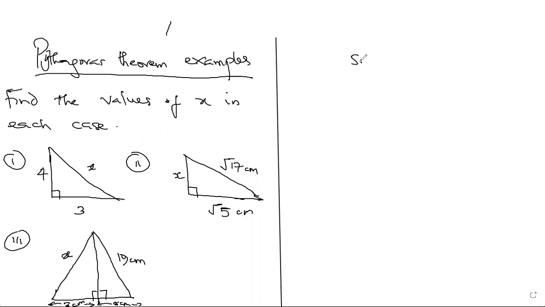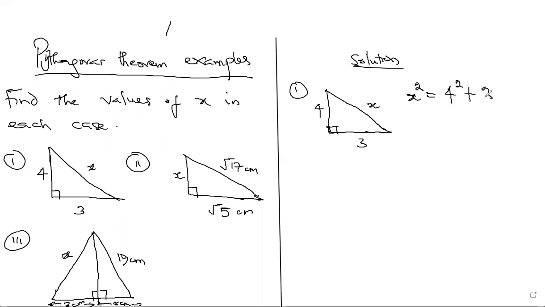So how do we solve this? We want to apply what we've learned. The first one, you have two sides, but you have to find the hypotenuse, x. So you apply the Pythagoras theorem because the triangle is right angle. The square of the hypotenuse, x squared, will be equal to 4 squared plus 3 squared. 4 squared gives 16, 3 squared gives 9. So x squared will be equal to 25, and x will be